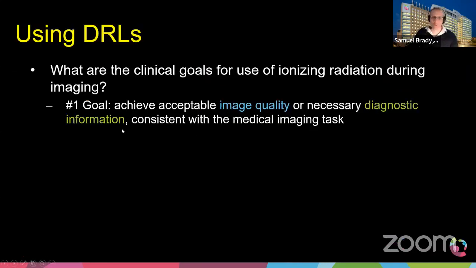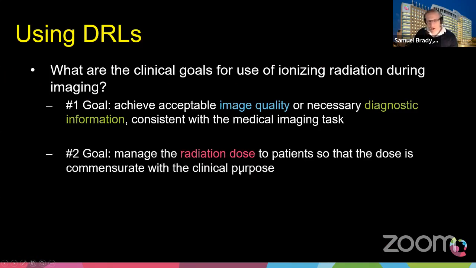As I mentioned before, the number one goal is that we always want to make sure image quality is appropriate for the diagnostic task. We talk about dose and reducing dose because it's important to be good stewards of the amount of radiation we use when we image patients. We know that we use a little bit of radiation in radiology and the risks are very low, but we want to always maintain that low level of risk by using the lowest amount of radiation necessary to achieve the diagnostic task at hand.